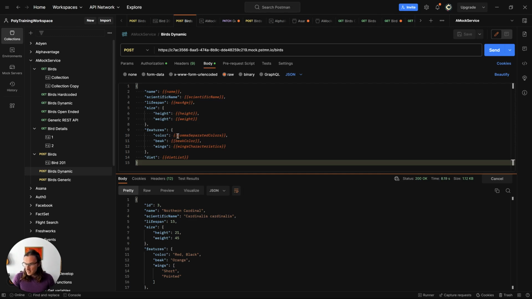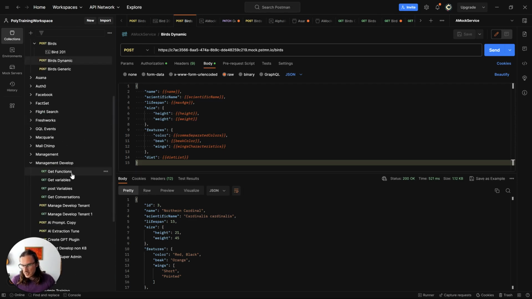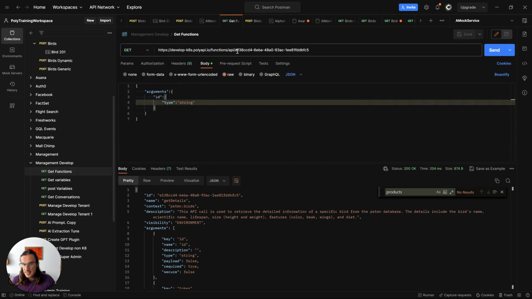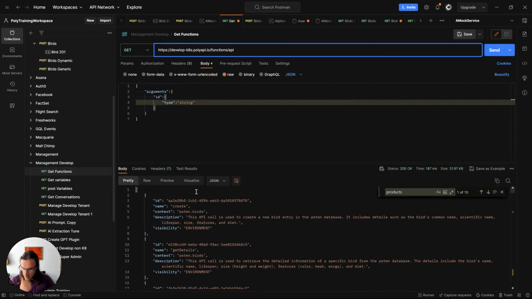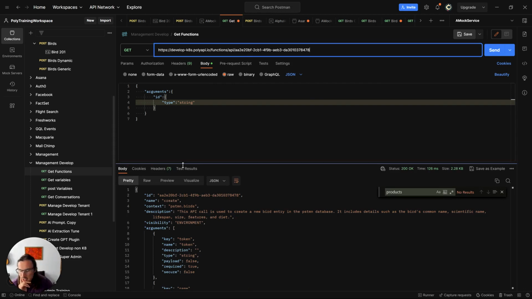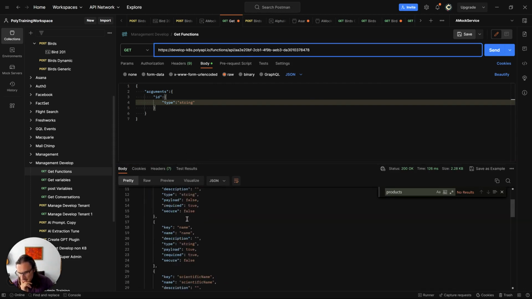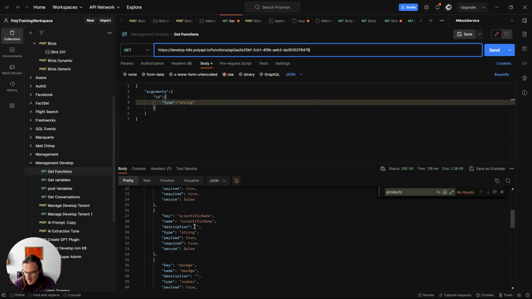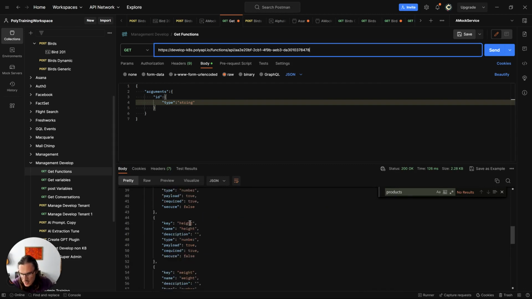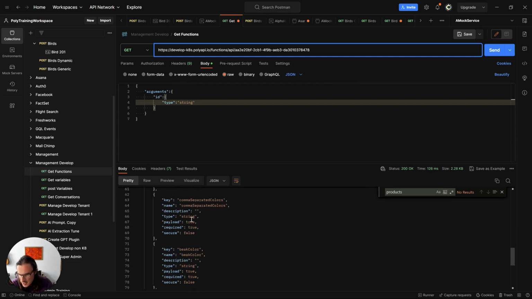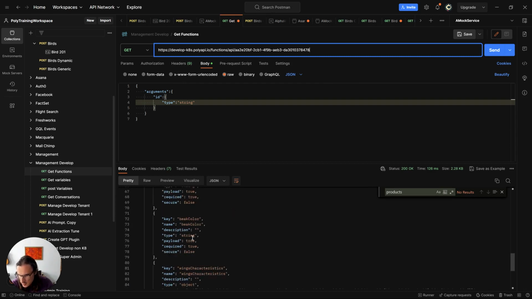Now, some of these are objects, some of them are strings, some of them are numbers, some of them are arrays of objects. So let's go take a look and see what Poly actually interpreted in that call. If I go here and refresh it, so create birds, wonderful, that's a good name. And then if we go in there and look at the details, we could see the token is a string, the name is a string, the scientific name is a string, max age is a number, so far so good. Height is a number, weight was a number, comma separated colors is a string, beak color was a string,